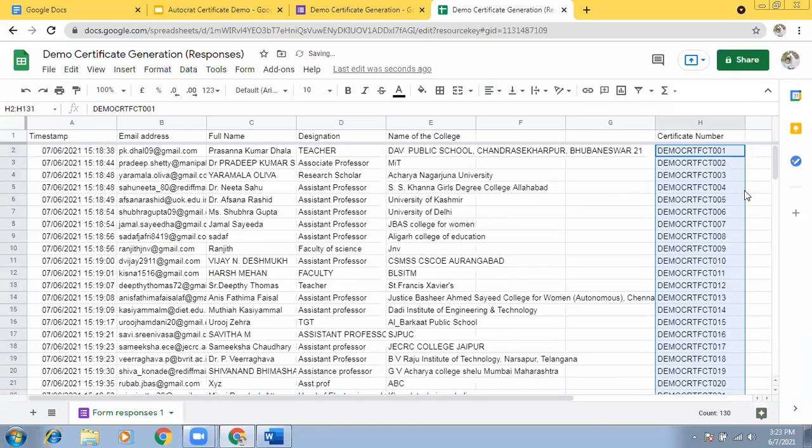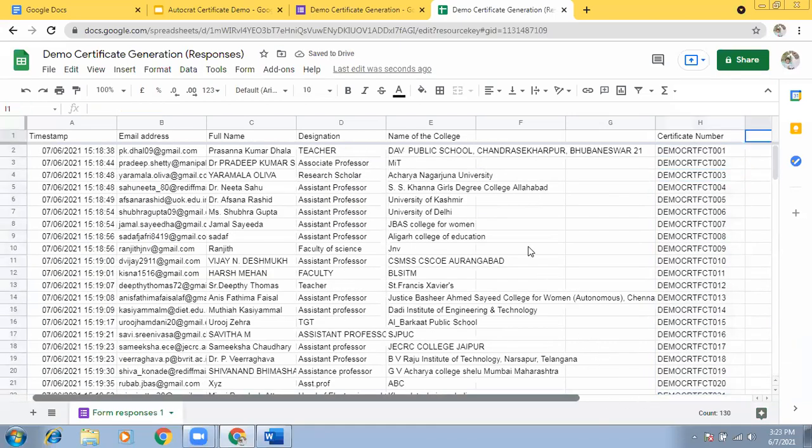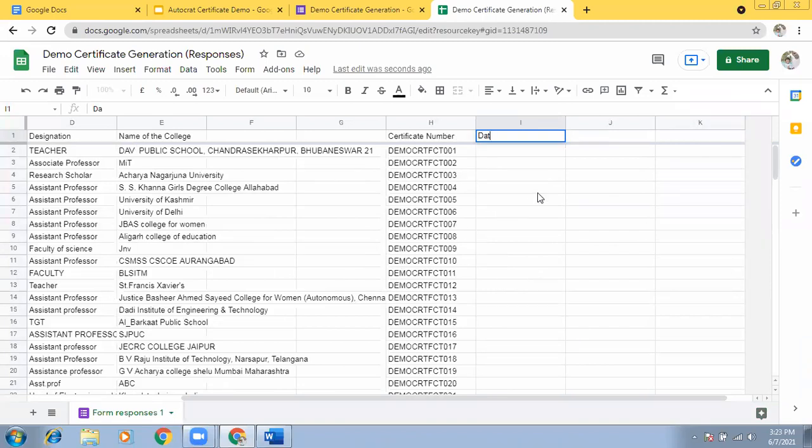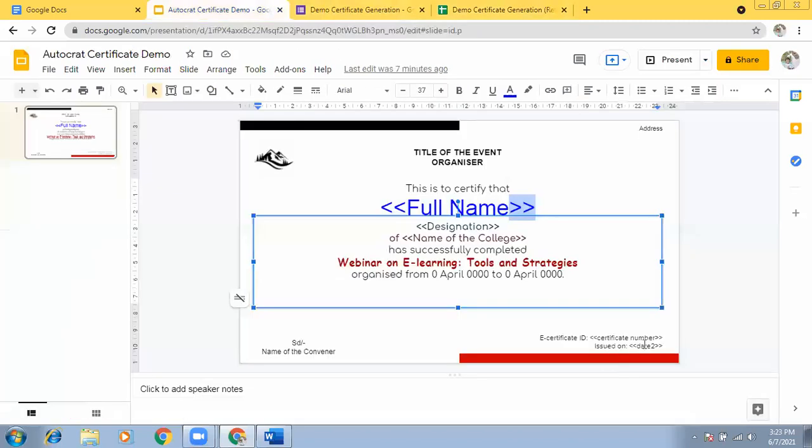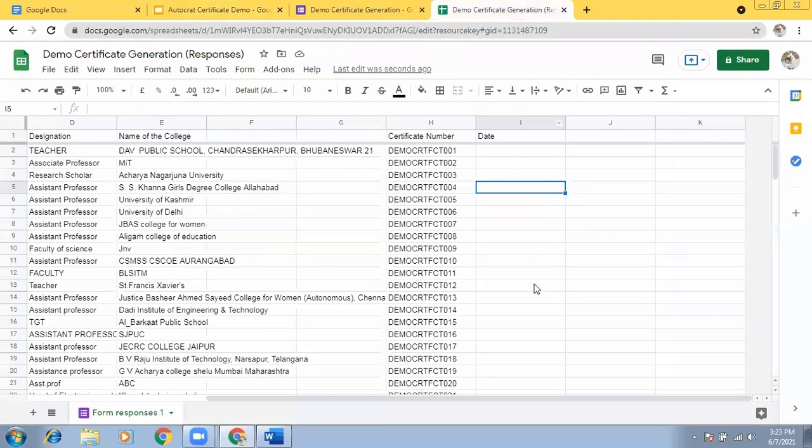Now same way, the date. What is the date of issue? If you are issuing the certificate today, so today is 7th June 2021.